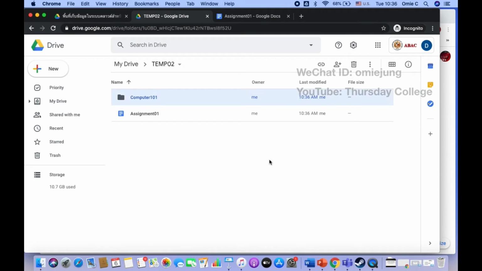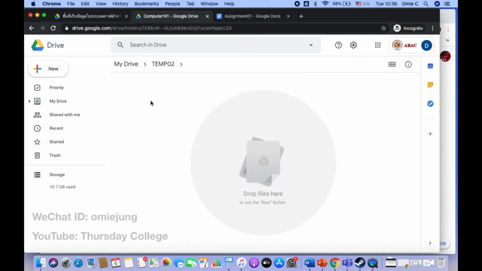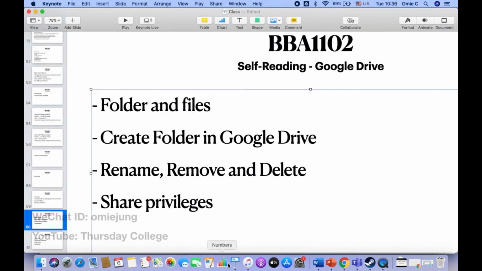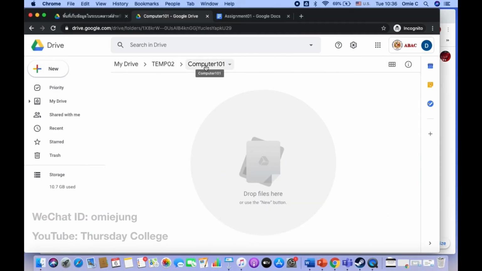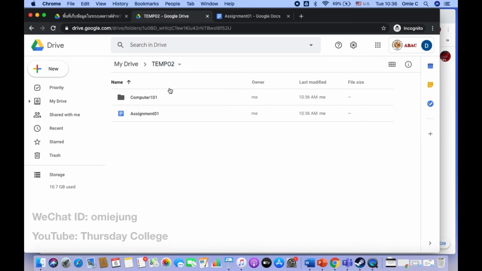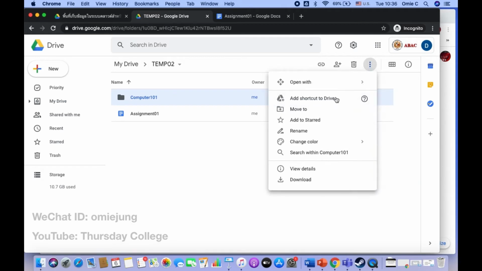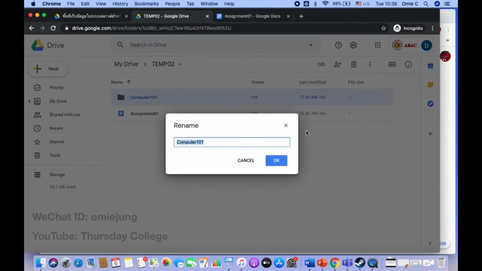And then when you go inside, you can go inside here. On the file and folder, it's the same thing: when you create the folder you can rename, remove and delete both file and folder. For example, if you don't like this name, the best way to change the folder name is to go outside, I mean go to the bigger folder, and then change the name. So you can click this three dot, it's everything. You click rename and then change the name to become